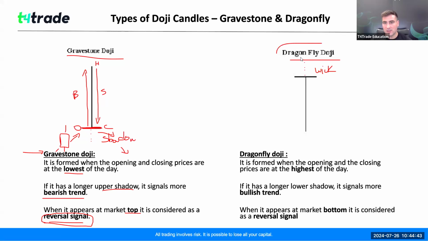Whereas if you see that at the bottom, much more specifically, this is a bullish signal if this is found on a downtrend. Okay, because again, the same thing can be applied here: open, close, and the lowest of the day. That means if this is found on a downtrend, okay, so these are red candles, bearish candles, and you see